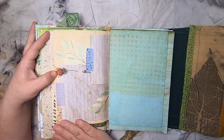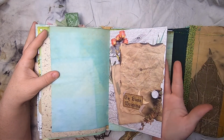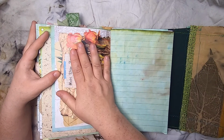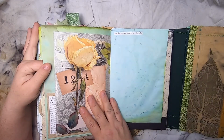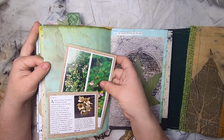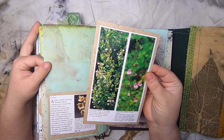Another page from the kit and some green hand-dyed paper. Another page from the kit. So they just speak for themselves. You don't need to really add anything. They're great for journaling. On this side we have this pocket with information on the cola plant, and then some botanical images and information